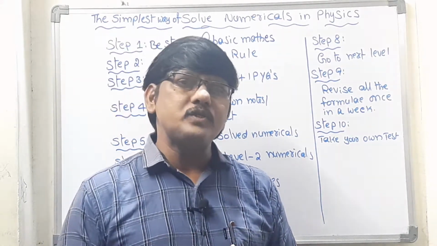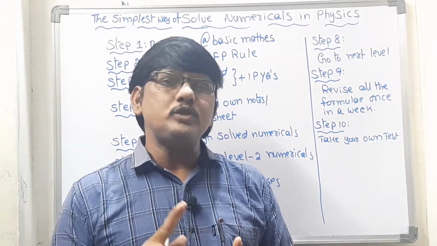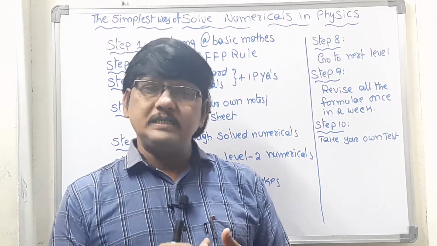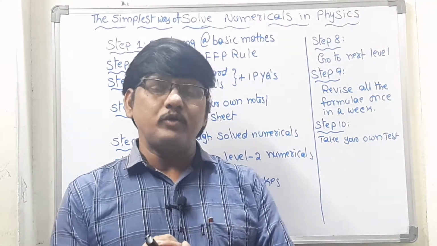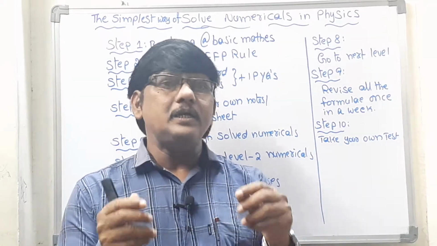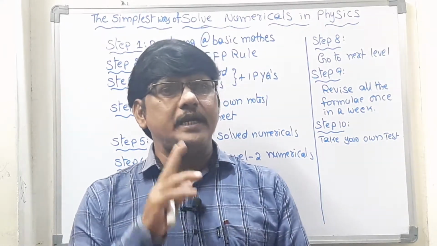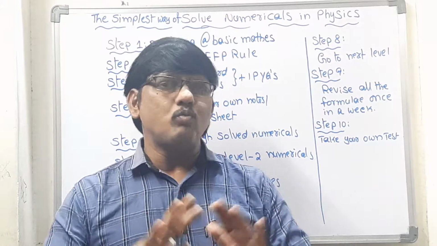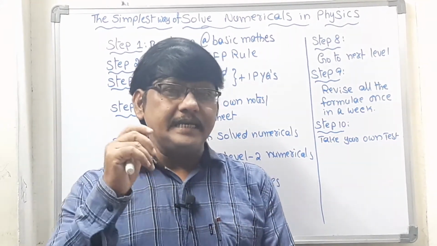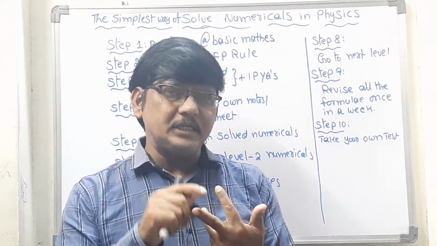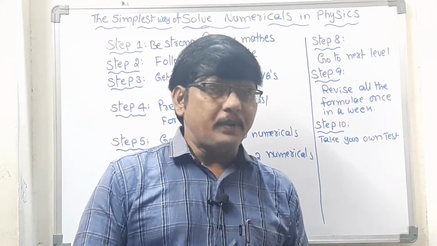What are the 2 standard books? Apart from your college material or institute material, go through 2 standard materials. For example, H.C. Verma sir's book and D.C. Pandey sir's book or Sharma sir's book. Take any 2 books, depending upon your interest and which you feel comfortable with. Don't go beyond that. 2 standard materials are enough, and they should cover theory as well as numericals. That is 2 books and 1 previous year question papers book.